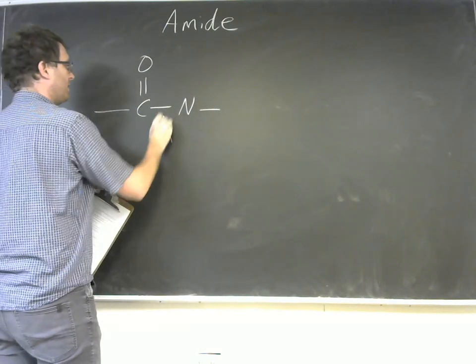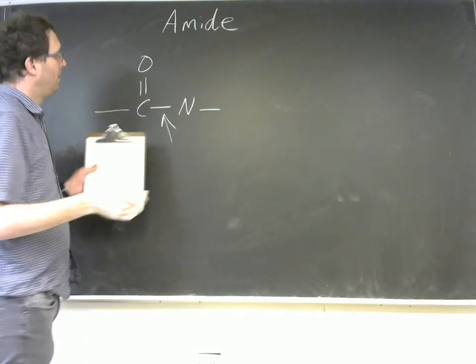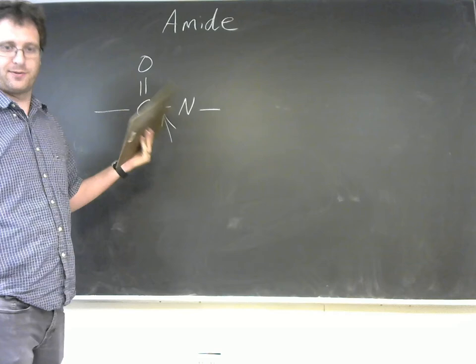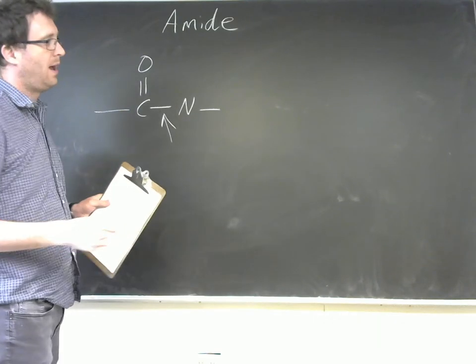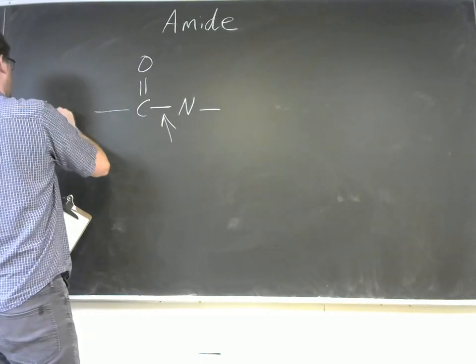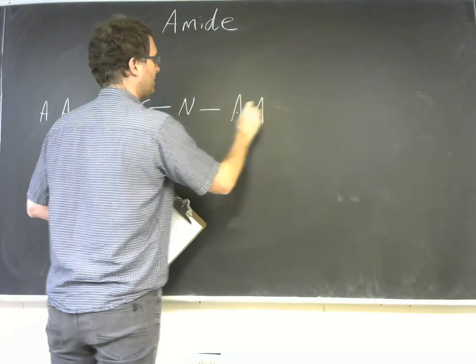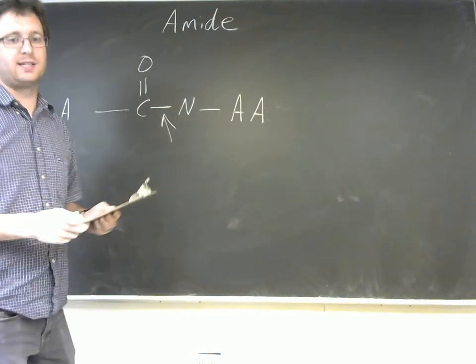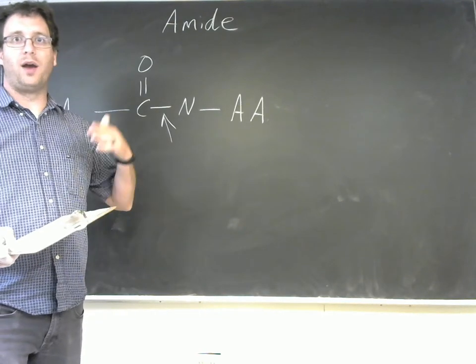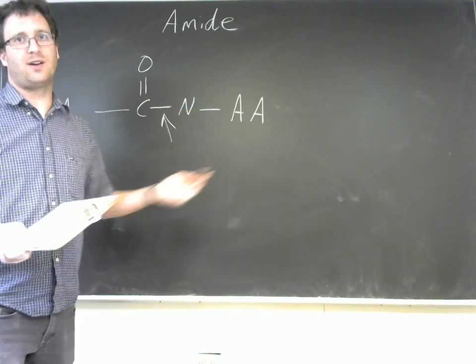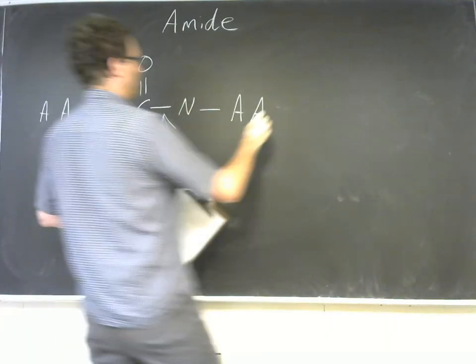This is the central linkage between different amino acids to form proteins. So this would be one amino acid, this would be the other amino acid. Every amino acid is going to have an amine on one side and a carboxylic acid on the other side, so that you can